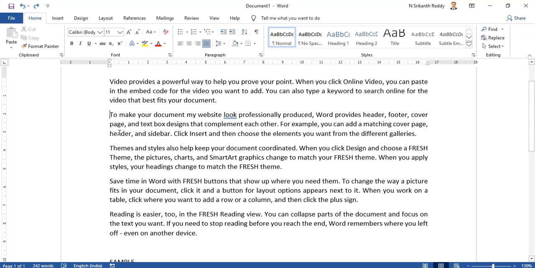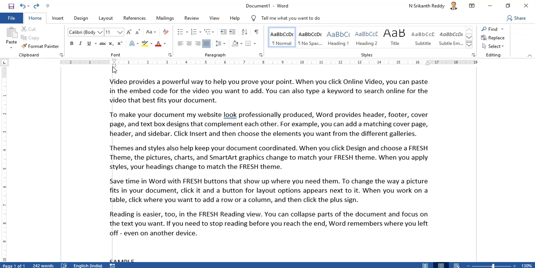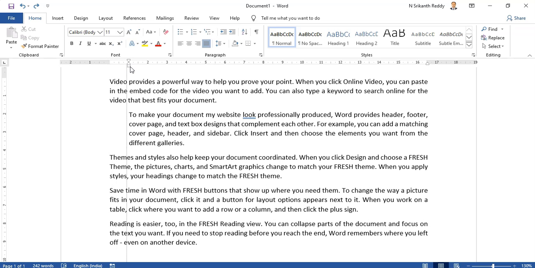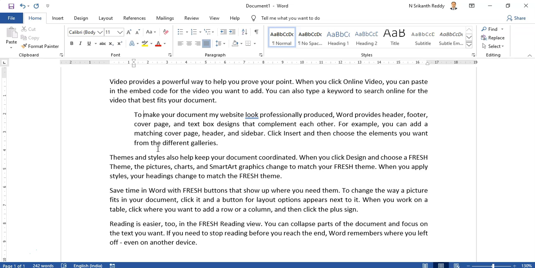Now if I want both of them to move for the entire paragraph, both first line and hanging, then I hold this square box and do the indentation for the entire paragraph. What we are talking about, Control M, is paragraph indent. That means both first line and the rest. Let me press Control M. It has given both the indent.